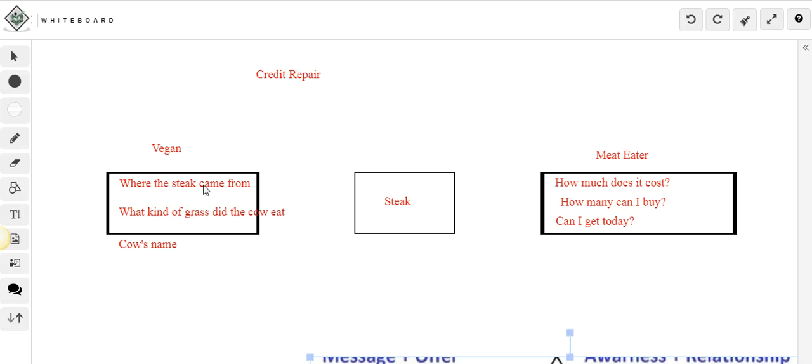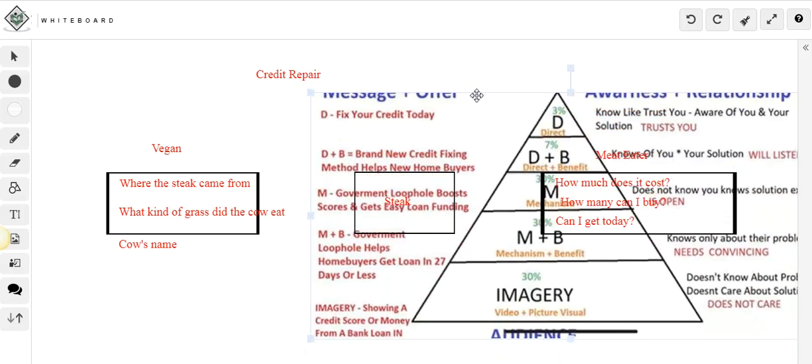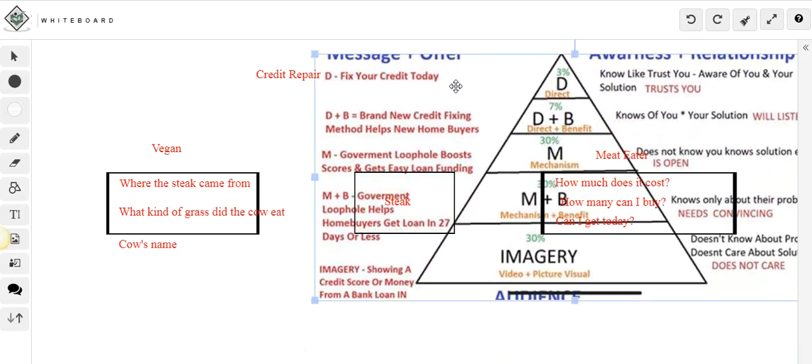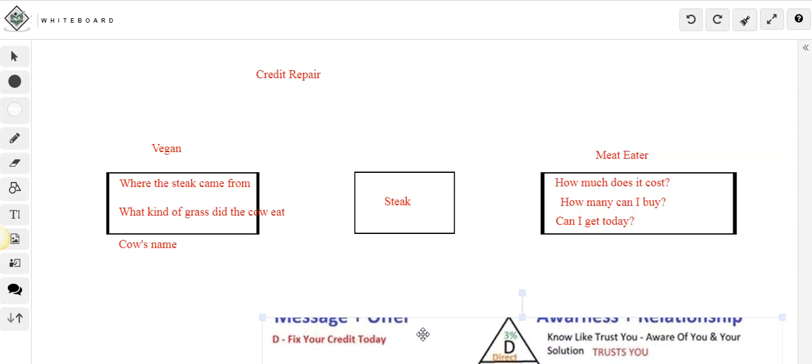So if we look at this graphic here, one of the examples that we have down here is brand new method helps new homeowners. So I might make a post on, hey, are you looking to buy a new home in 2019, but your credit isn't where you need it to be? Well, I can help you. Reach out to me, get in my inbox, comment info, something along those lines, right? Because they're not interested in getting their credit up because they want their credit. They're interested because their emotional trigger is to buy a house.